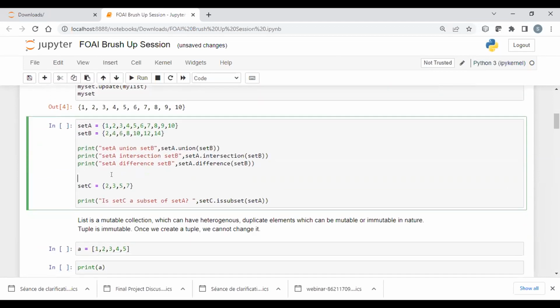Now let us see how these functions work: union, intersection, and difference. We have created 2 sets, set A and B. Does anyone know what union, intersection, and difference mean here? What does union do, what does intersection do, and what does difference do? So let's go with union first.